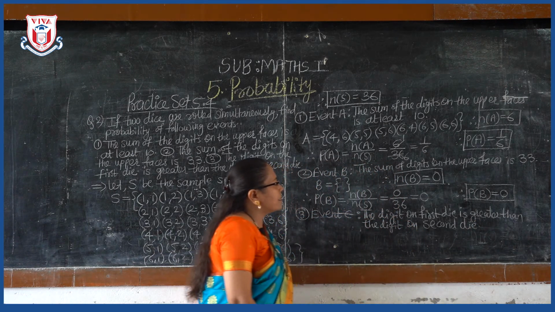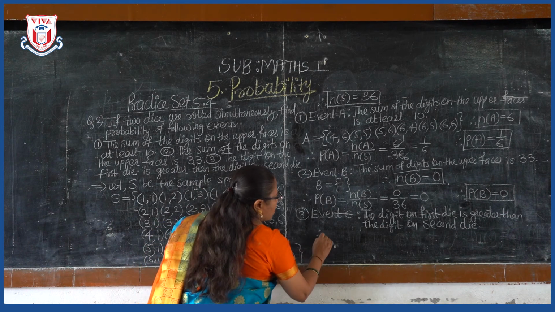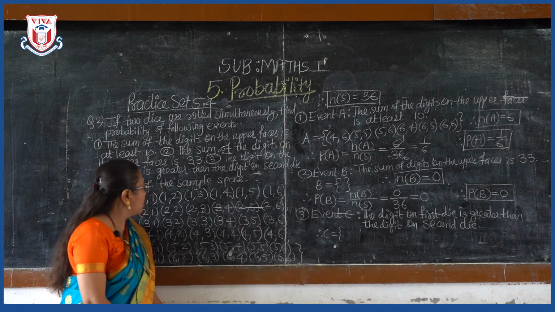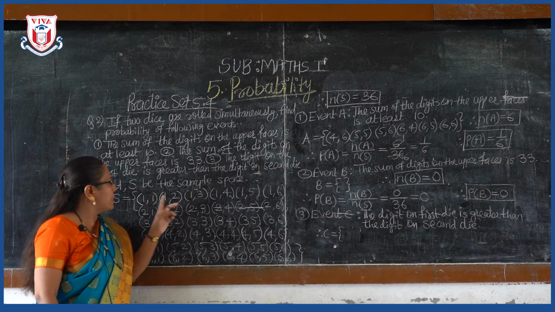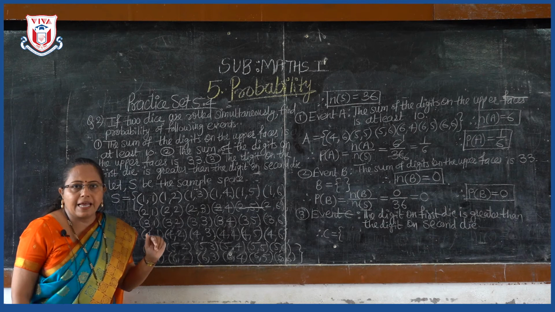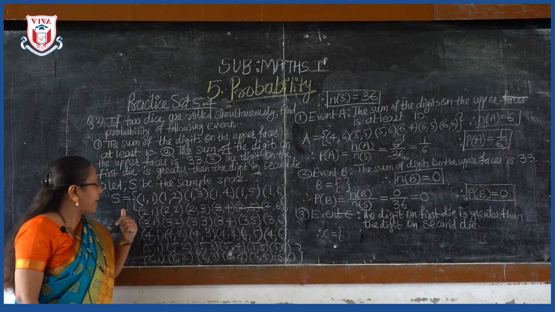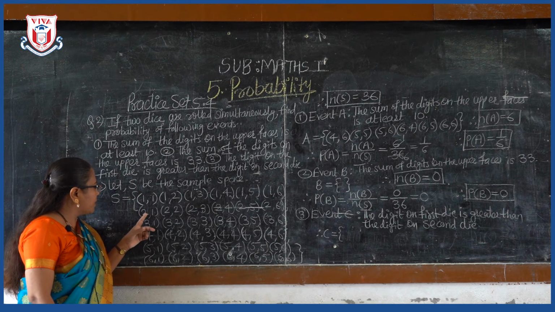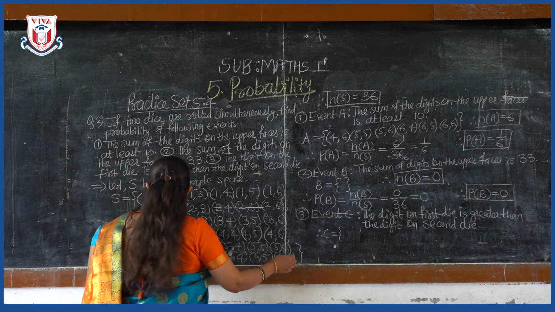The digit on first die is greater than the digit on second die. Therefore C is equal to... now here, see in the first row the digit on the first die is smaller than the digit on second die. We want the digit on first die greater than digit on second die. So here which number we will take first? 2 1. See here 2 is greater than 1. So this first result we will select, 2 1.